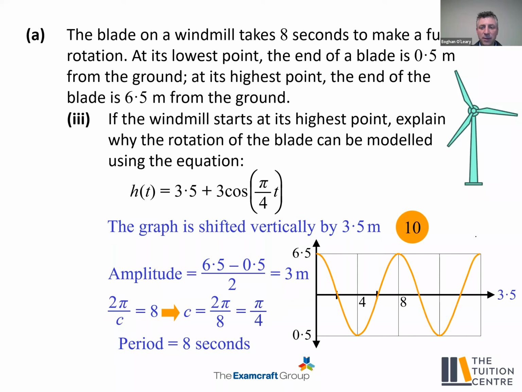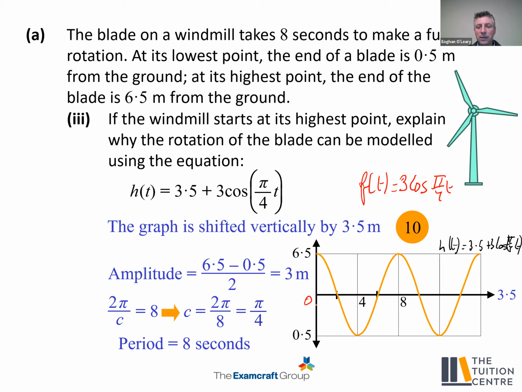So this is my function, h of t equals 3.5 plus 3 cos pi over 4t. Okay, and I'll explain why that function is exactly like that in a moment. But let's just say if we had a different function, if we had f of t equals just 3 cos pi over 4t, if that was the case, well, when t would be equal to 0,